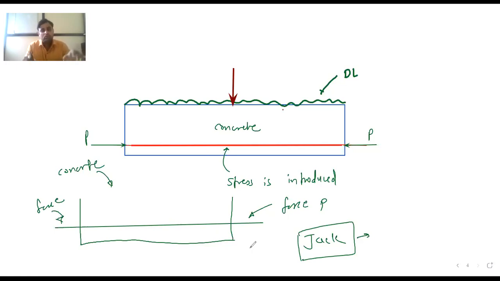Okay. So see, there are different types of jacks available in the market nowadays. You can apply the force, you can apply the stress directly also. Here the gauge meter is attached to this jack. You know the gauge meter. You have done different experiments in the geotech lab and in the fluid mechanics lab also. There is a gauge meter. From that gauge meter, we can introduce the stress into this tendon.